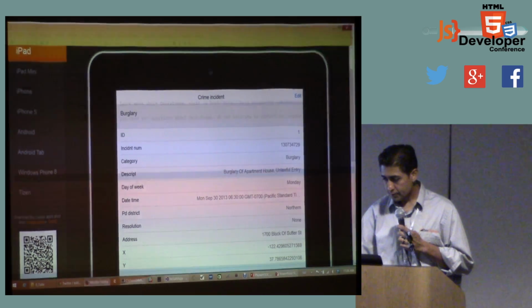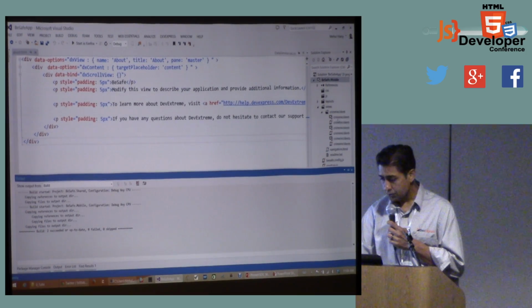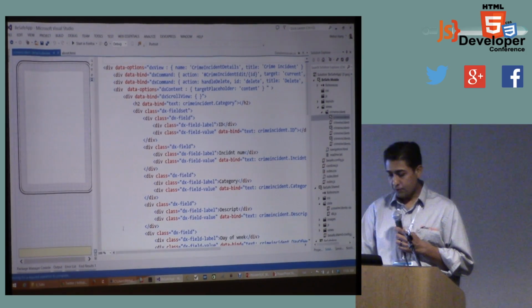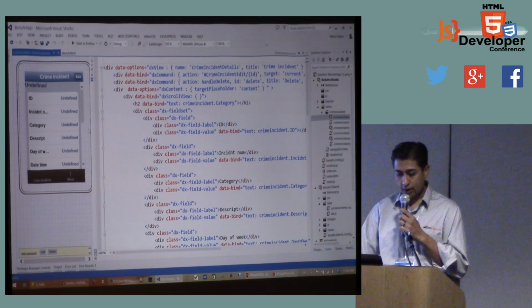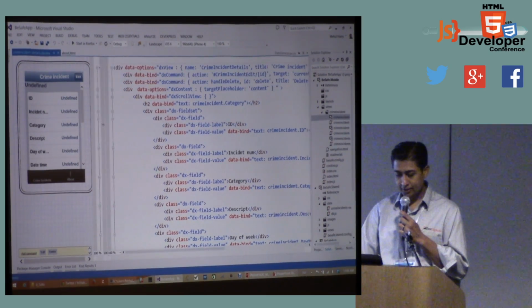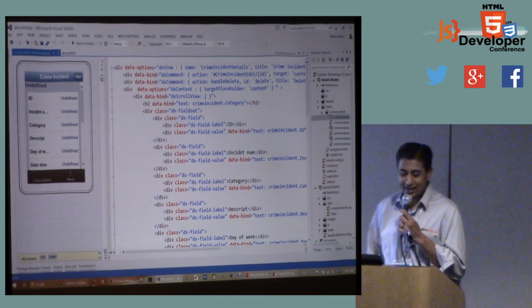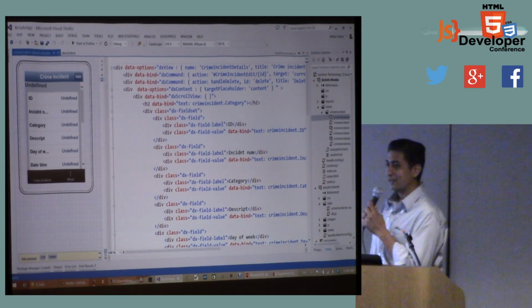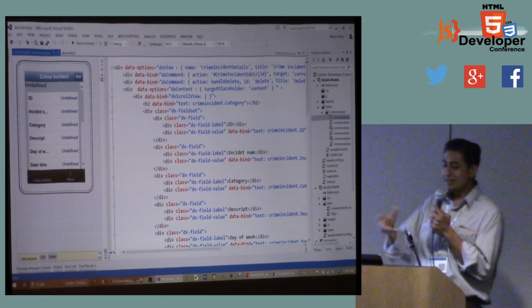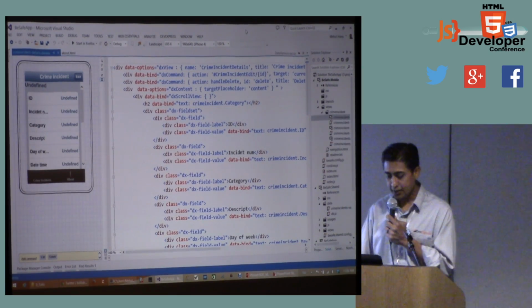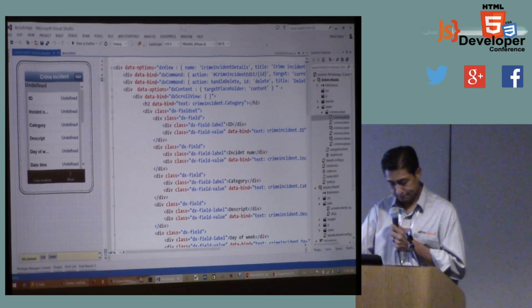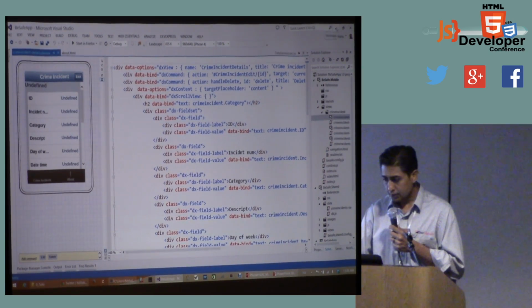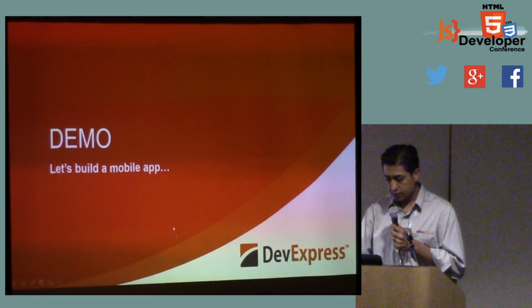All right. Now, we have some other integrations as well. I'll quickly show you. It's all HTML5 and JavaScript. We did add this little preview. I think it's kind of helpful, because a lot of times you're just writing lots and lots of code and you're like, what does it look like? Do I have to run? So this little designer lets you see exactly what it's going to look like. All right. Let's move on.